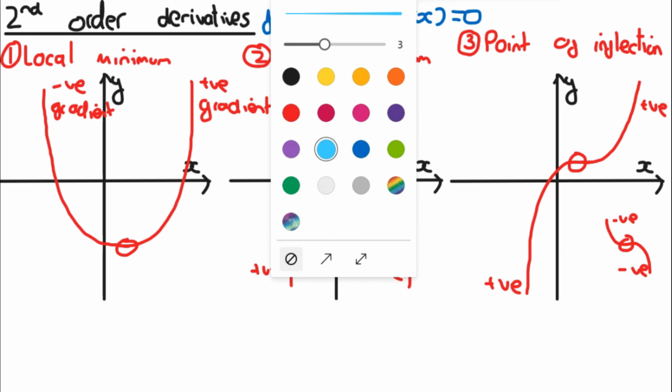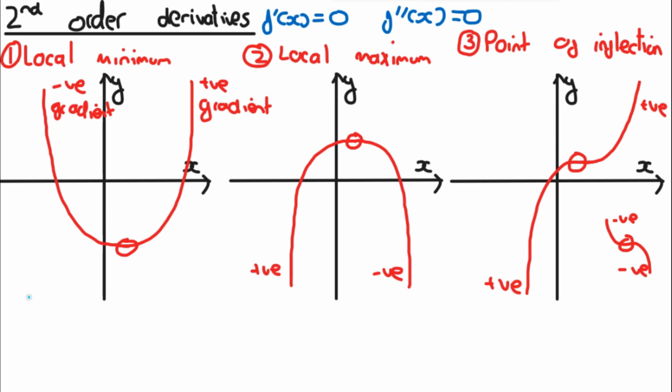So what does this mean? Well, this is actually completely useless. It doesn't narrow it down at all. It could be a local minimum, it could be a local maximum, or it could be a point of inflection. So what do we do from here? Well, there is another technique that you can use to determine the type of stationary point, which is by analysing